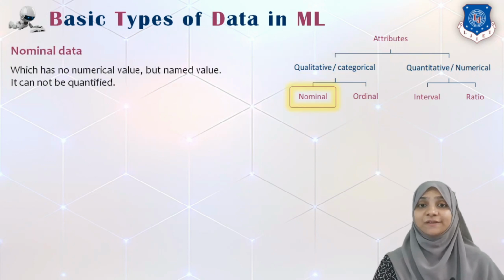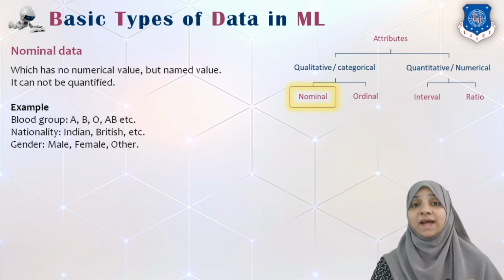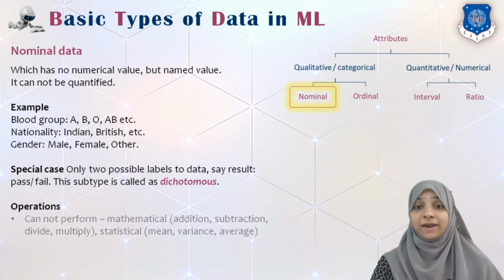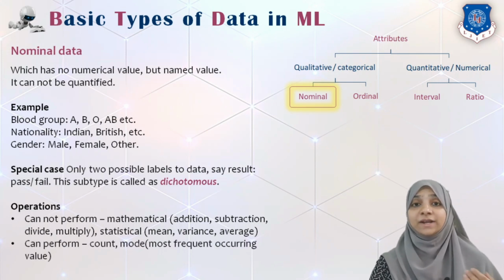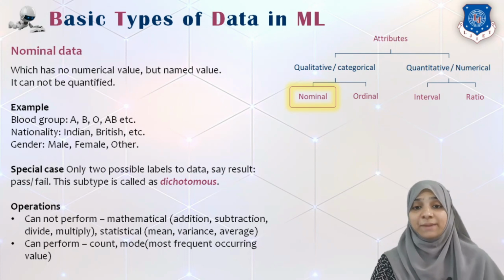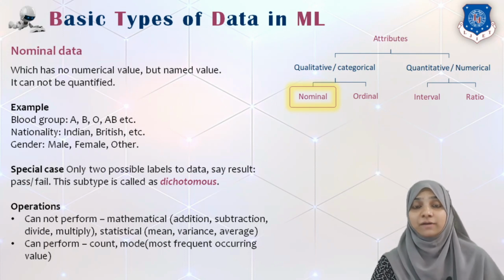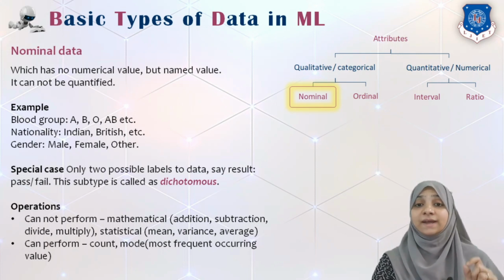The first type inside this is nominal data. Now this type of data is categorical data, that means they do not have a numerical equivalent, and they actually have a named value, and this named value cannot be quantified. We cannot quantify these values. Say for example, the blood group of a person, whether it is A positive, B positive, B negative, AB negative, O positive, all these are nothing but types of blood group values which are possible to have. We cannot justify that AB negative is better than B positive or O negative is not better than O positive because we are not able to compare their values. That's why they are categorical